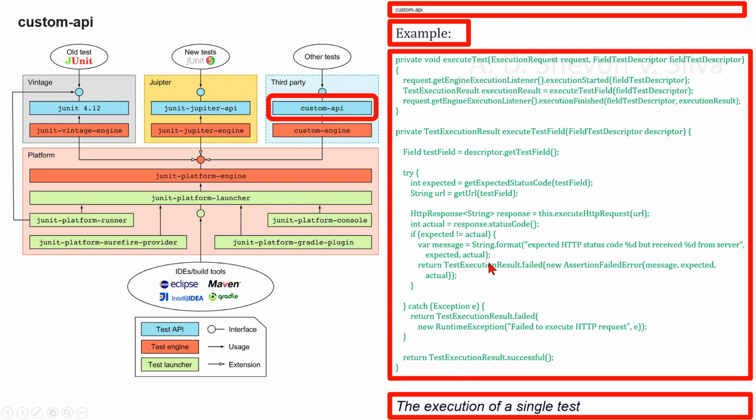If a response is received, the method checks the actual status code and creates a TestExecutionResult.failed